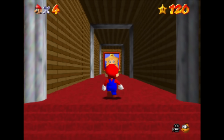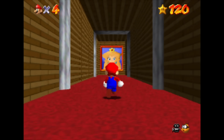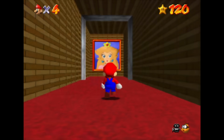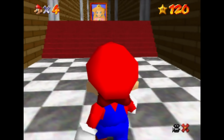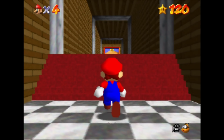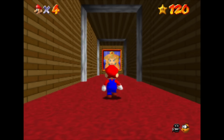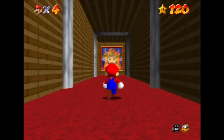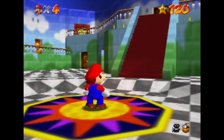But we recently got LOD, or level of detail implementation as well, and that was probably even bigger than YUV as far as games that it affects. It used to be that when you walked up to Peach there, that texture would never transition to Evil Bowser, and now that is there, and so many games utilize this particular feature on the hardware. It was so awesome to get this. This was basically the last thing that needed to go into the core before YUV, and it is all here